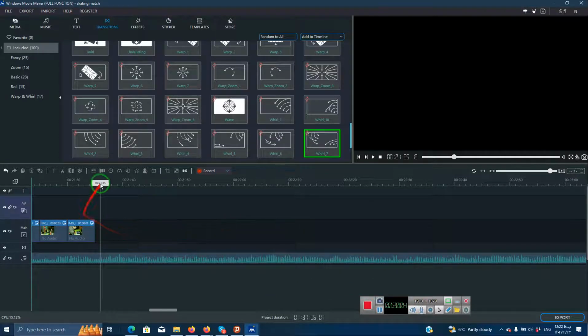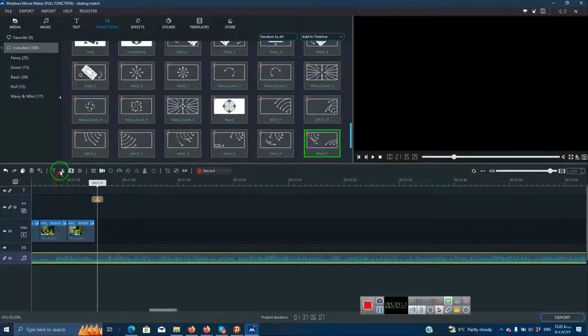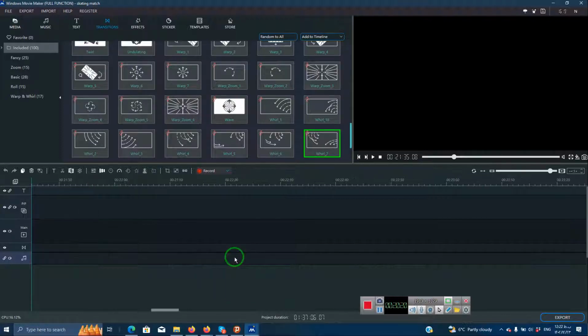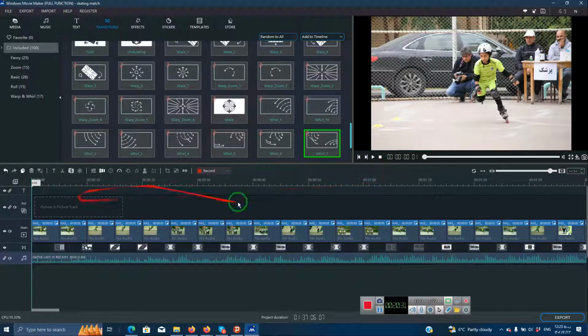For example, I can pause it here and then press cut, and once I cut it, the rest I can delete like this. The rest I can select and delete. And as you can see now, if I stop watching the movie and start from the beginning,